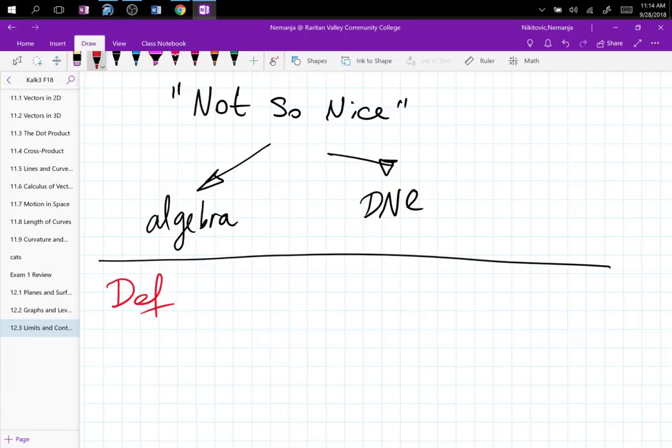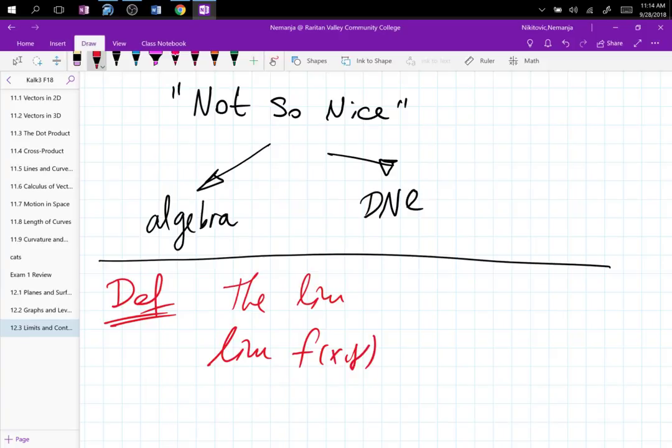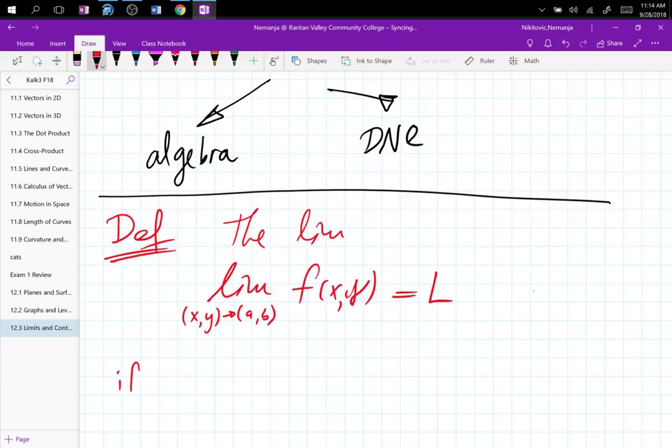Definition of the limit. We know the definition from Calc 1. Now we're doing the same thing, except our domain now is two-dimensional. The entire definition is the same. So we're going to say that the limit, and now we write limit of f of x, y, right, because you have x and y as input. And now we have as x, y goes to, let's say, a, b, is equal to L if